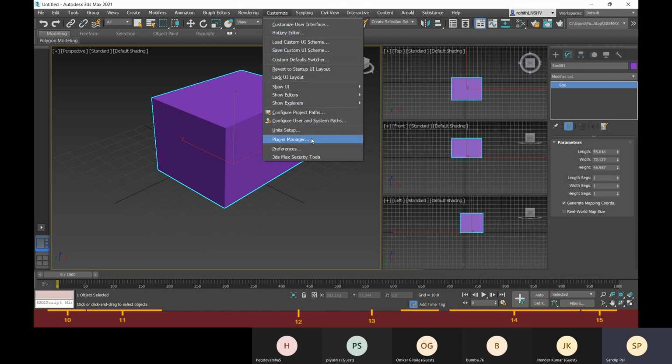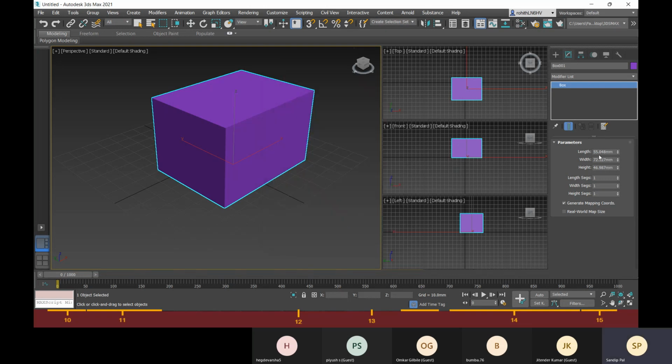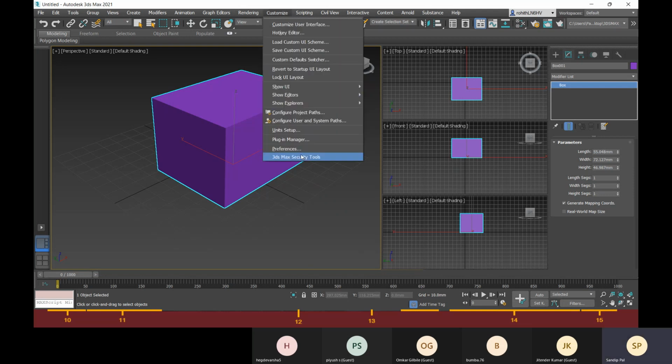Generally we'll be working with metric, so we'll choose metric and click OK. And for lighting units also, we will choose international. Here you can see that nothing has changed. Fine, so that is 55 millimeters, and you can go for the inches as well.